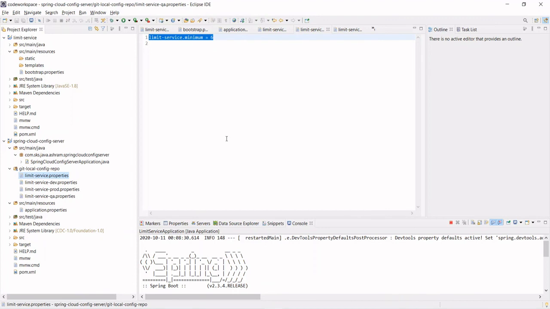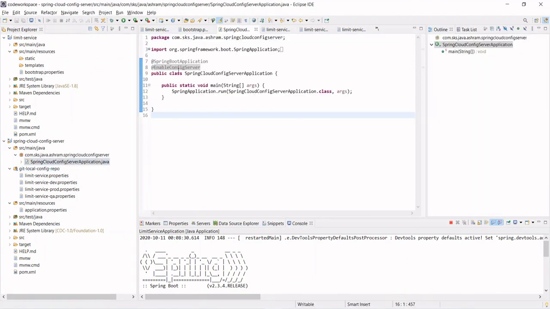If you are not understanding much, nothing to worry about. You just need to practice one more time, and you'll see it's very easy. It's just a matter of configuration. You just need to remember that you need to create a local Git repository, link the source, and thereafter enable the config server.